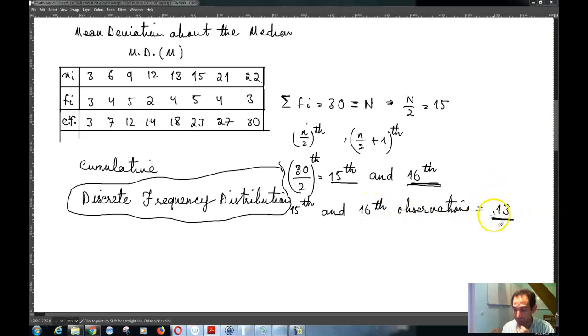I forgot to tell you this, and I had actually forgotten this. When your n is an even number, when sigma f of i, which is equal to n, is an even number,